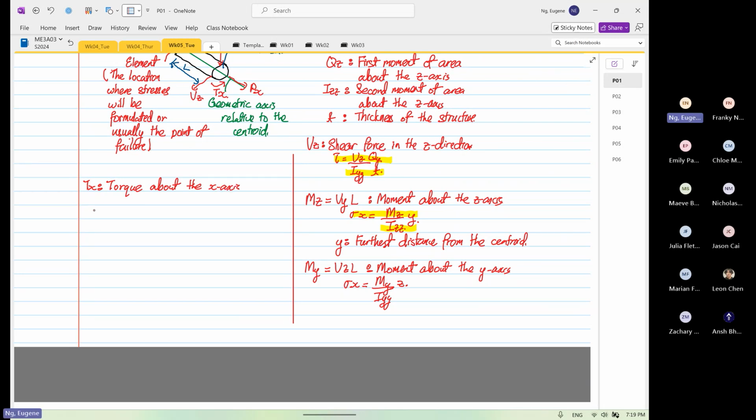So for this case, given the torque, we have shear stress equal to Tx multiplied by R divided by J. Okay, where R is the radius of the shaft